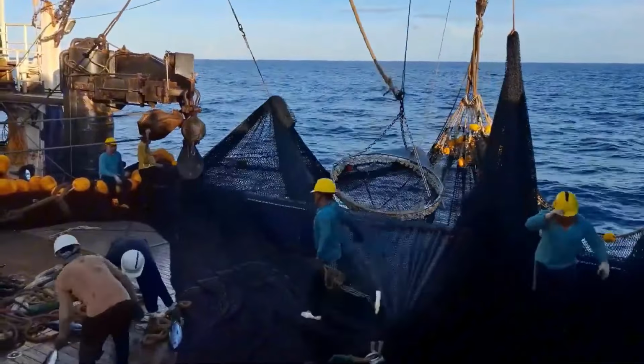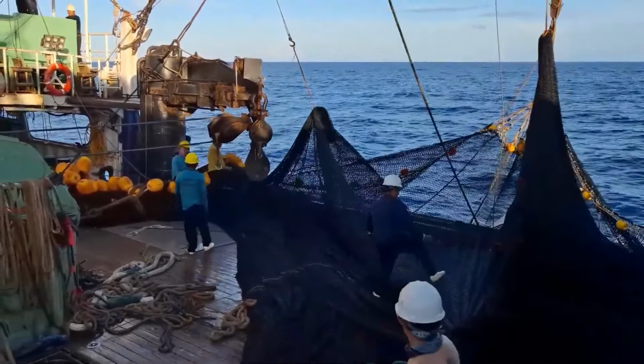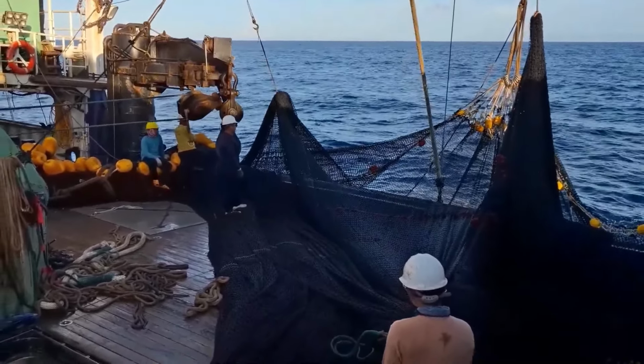It is not simply a source of livelihood, but also an indispensable part of local culture. From folk tales about the sea, festivals to honor fishing, to family traditions when fathers and grandfathers pass on the profession to their children. All show the deep attachment between fishermen and the sea. For them, the sea is not only a place to make a living but also a place to preserve precious